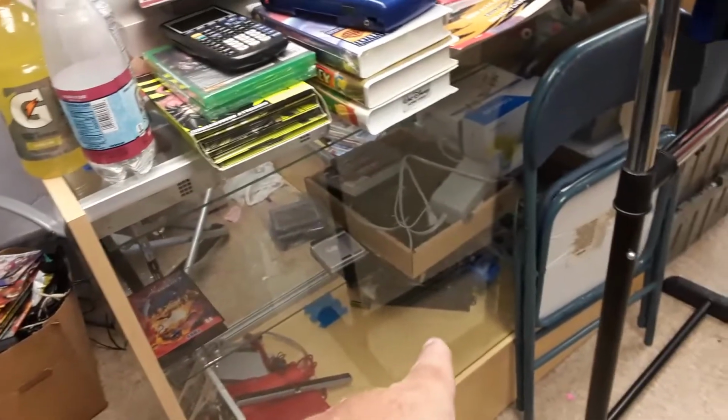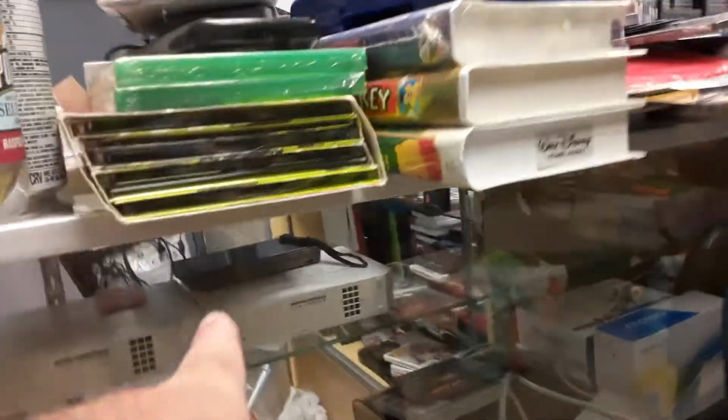Now, I don't have a white Wii here because... Oh, no, well, I have two white Wiis, actually. But these are preloaded with games. Now, at the flea market... like here, let me show. At the flea market...